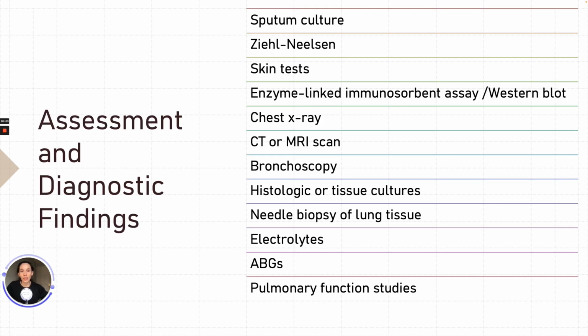So our assessment as the nurse for this patient is going to include a sputum culture, also a Ziehl-Neelsen, which is an acid-fast stain applied to a smear of bodily fluids, and this is a test they use for TB. There's also skin tests known as a PPD, or old tuberculin, which is administered by an